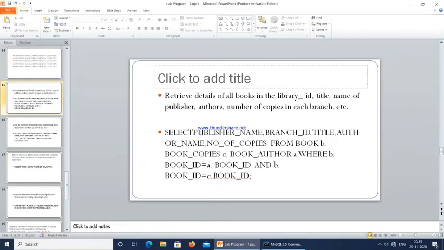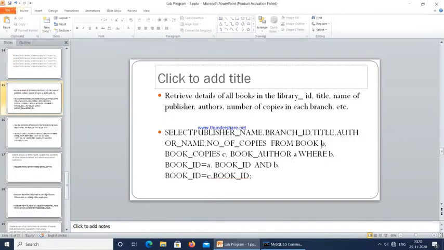To do that, we are going to write the query: select publisher underscore name, branch ID, title, author name, number of copies from book B, book copies C, and book author A. We are giving an alias name for each table.